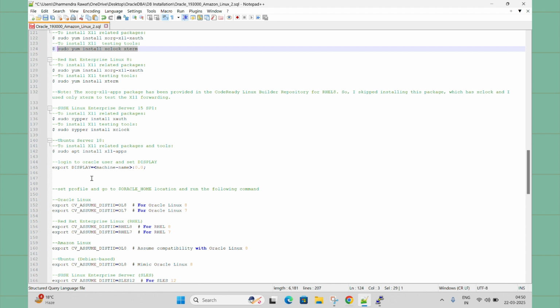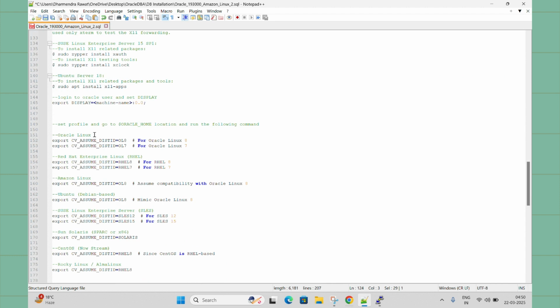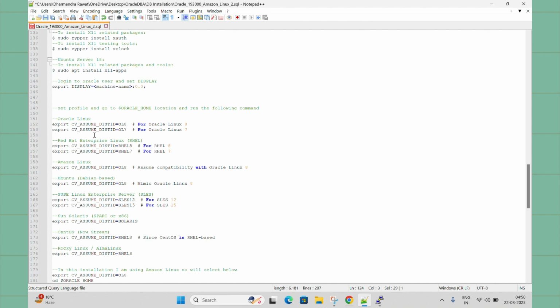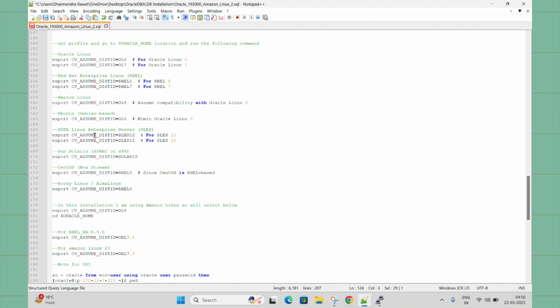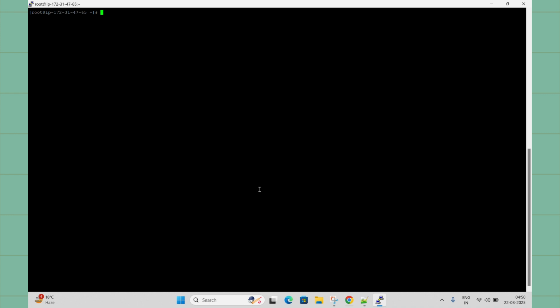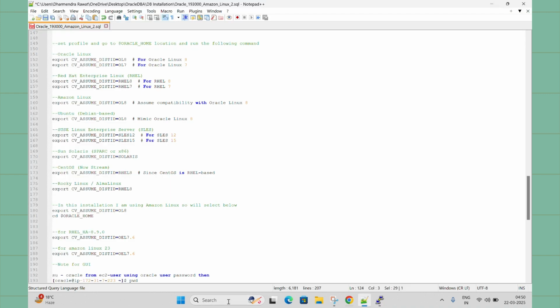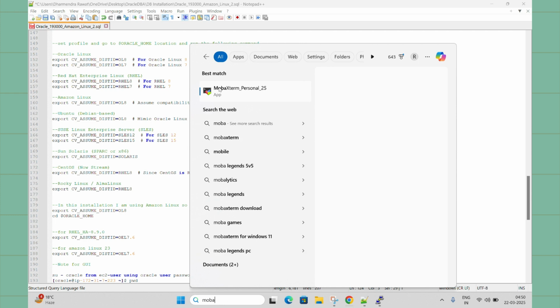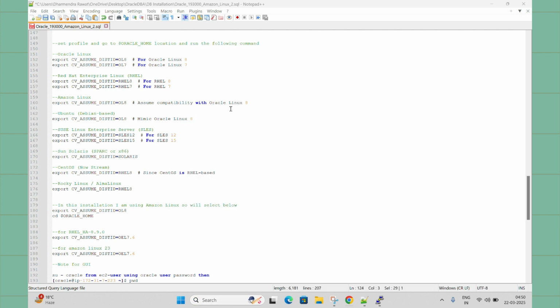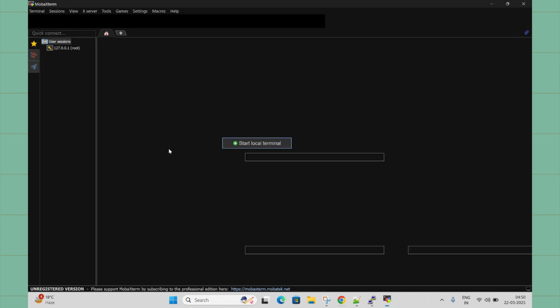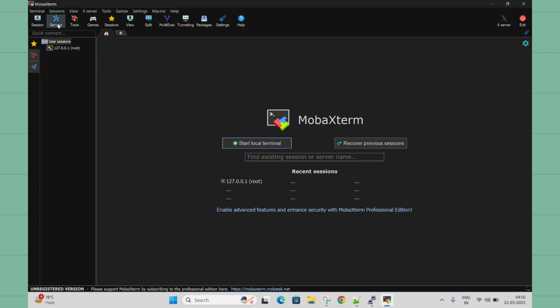Now what is the next step, right? As we are installing here, for GUI installation, I will go with MobaXterm. So let me tell you how. Now this step is done from PuTTY only. I'll keep it open, but let me take another session, that is MobaXterm. This is another application just like PuTTY, but this is a more advanced version. It is used for SSH, and many other features are also available.